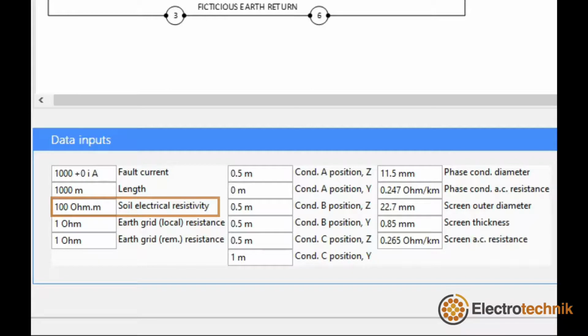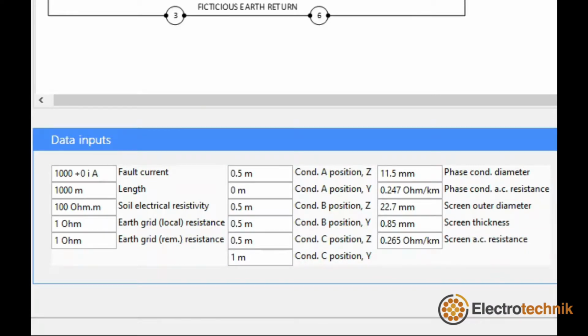So, for example, if it is a multi-layer soil resistivity model you're using, then you should use the highest value, or you should use the bottom layer resistivity of your soil model, because this layer has the most influence as it extends to infinite depth. This is up to your own engineering judgment. Since the fault current distribution depends on the mutual couplings between the elements, then you will need to enter the physical relative positions of the cables or the overhead phase conductors and the earth conductors. You will also need to enter the AC resistances of the phase conductors and that of the cable screens or